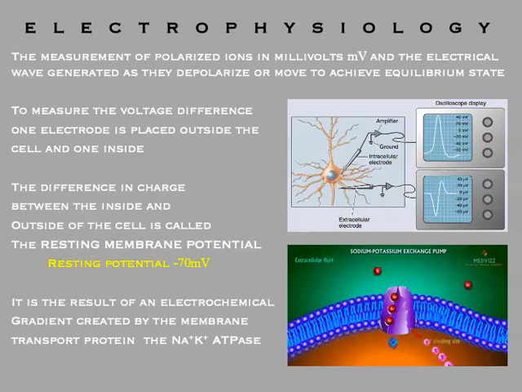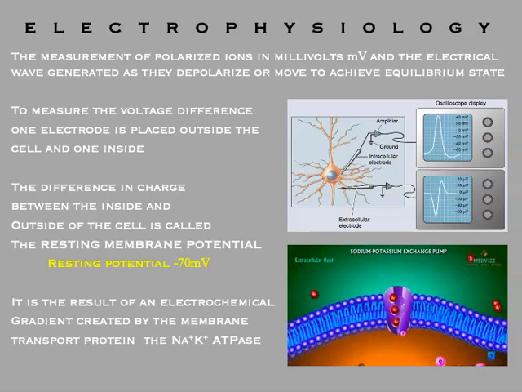Well, we measure voltage differences in the neuron by placing an electrode outside the neuron and one inside the neuron, right? So we're measuring the potential difference across the membrane of this cell. And we measure that value, the difference in charge between the interior of the cell and the exterior of the cell, as something called resting membrane potential. Okay, so there's a difference in charge, and that value is minus 70 millivolts, all right, for neurons,